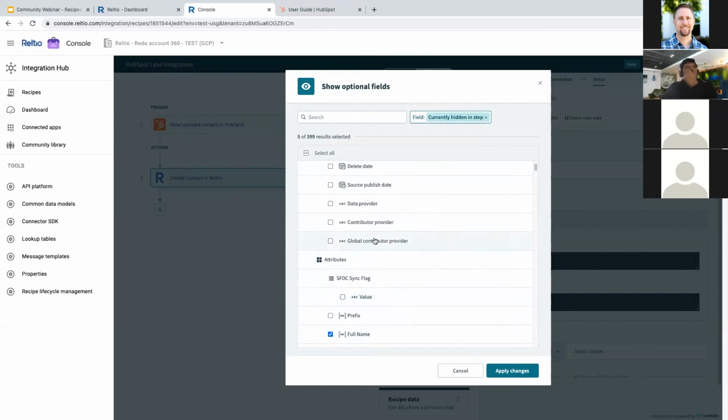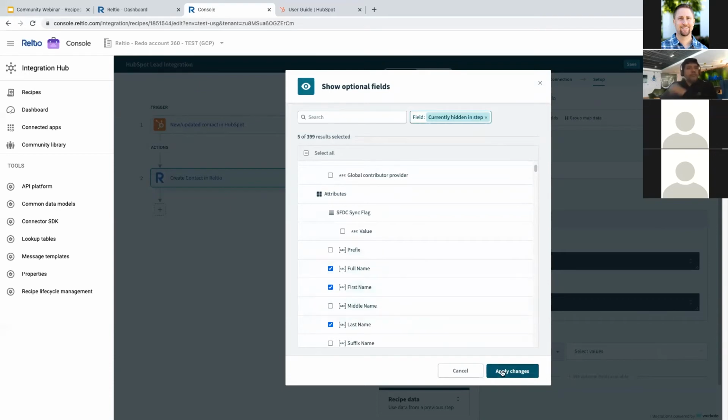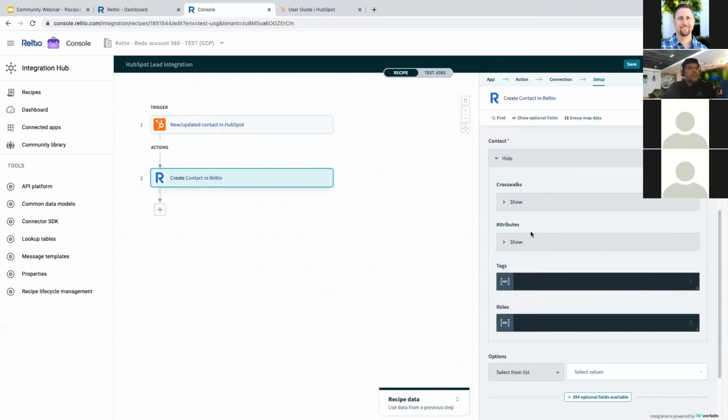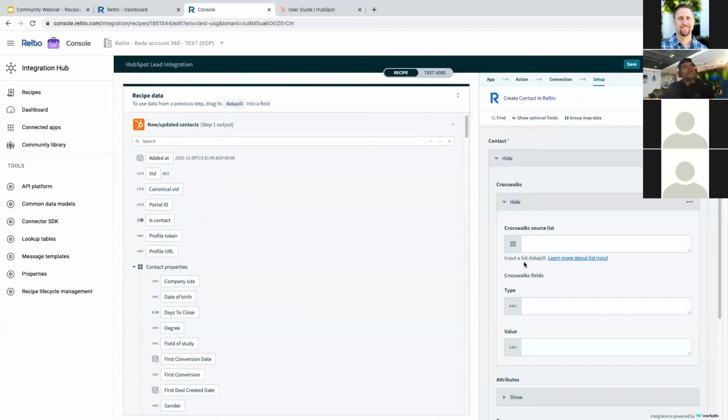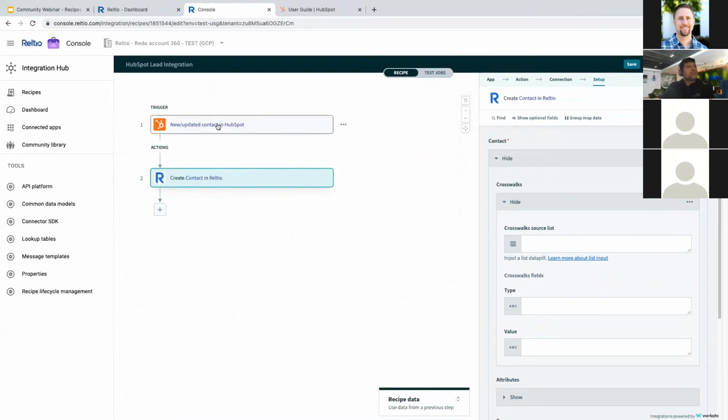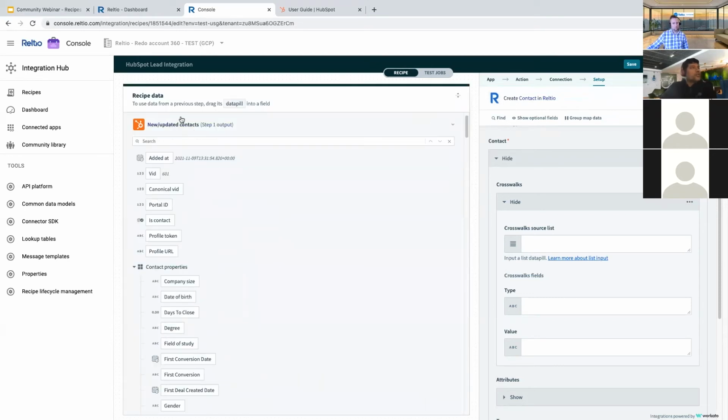for applications, right? So for simplicity, I'm just using the crosswalk type as well as just the name, right? And once I select this, the next step is to basically map these fields. And to map these fields, there's this recipe data that's available, right? And this is nothing but the output of step one, right? In this case, since we have only 2 steps, I want to map the data from a previous step, which is step 1, into step 2. So just make sure that you are selecting the output of the correct step before you start mapping the fields,